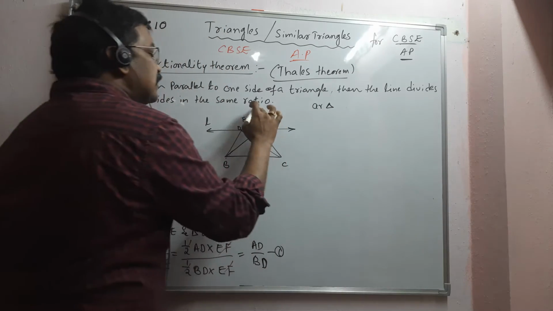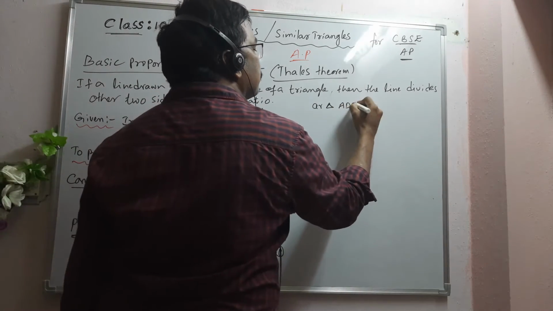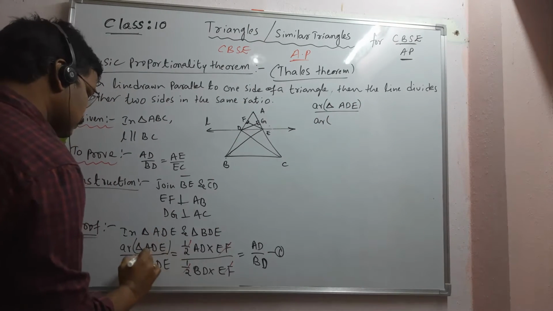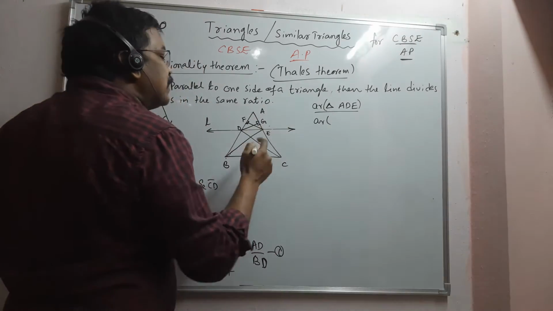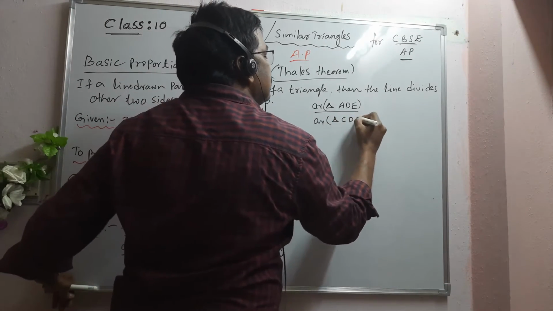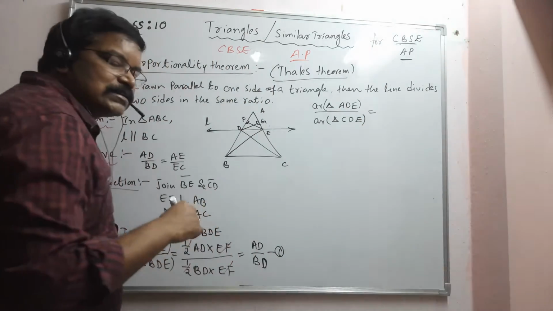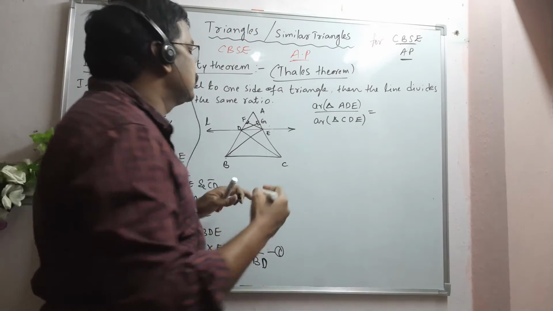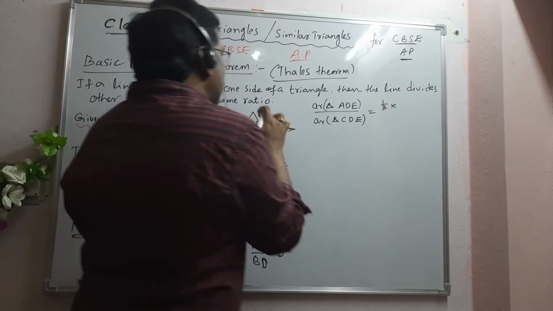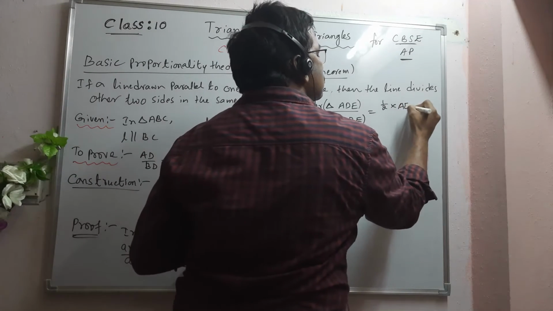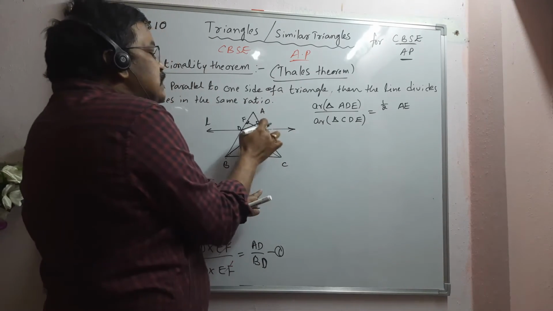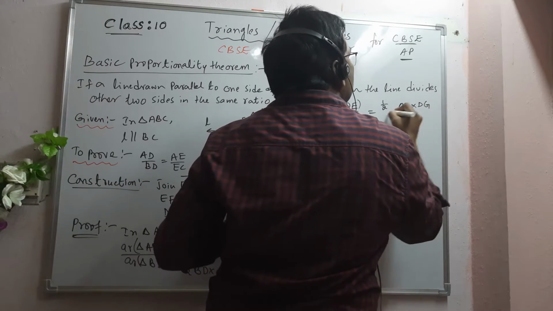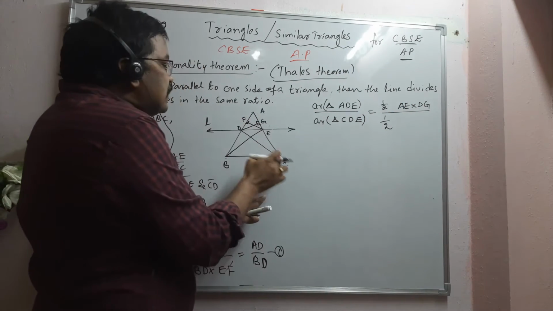Right. Here. So, what are the two triangles? Area of triangle ADE by area of triangle CDE. This is equal to, what is the area of triangle? As I told you, half into base into altitude. So here half times, what is the base? AE times, what is an altitude? DG is an altitude, DG, by half into, for triangle CDE,